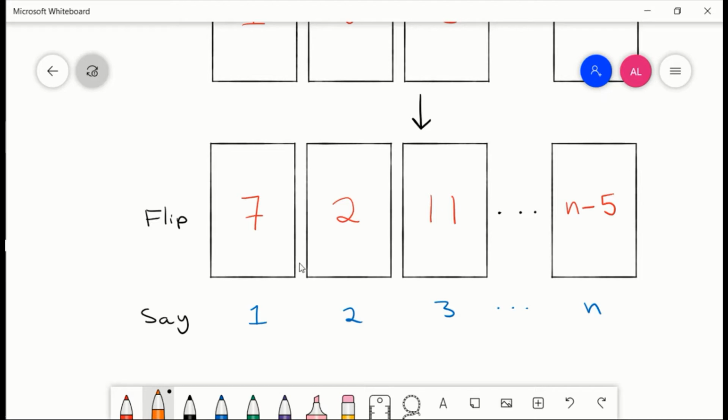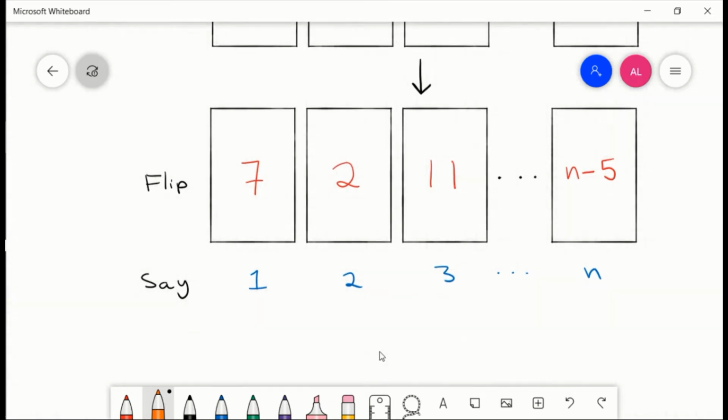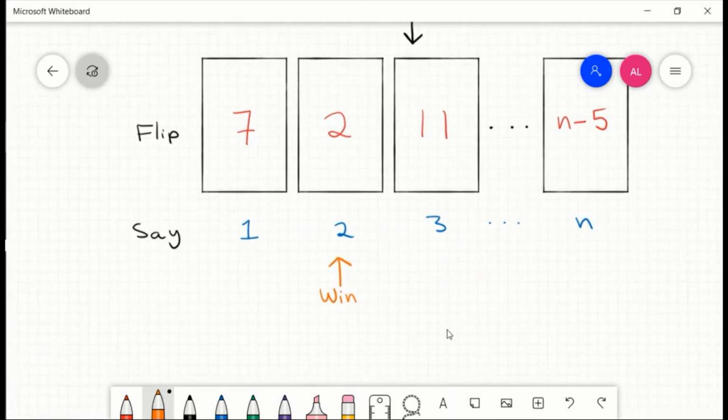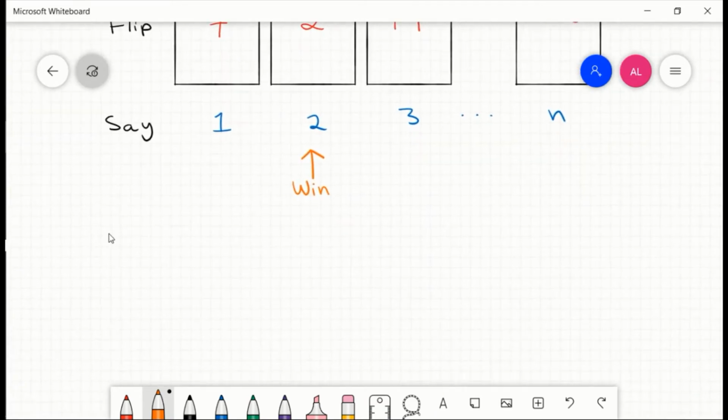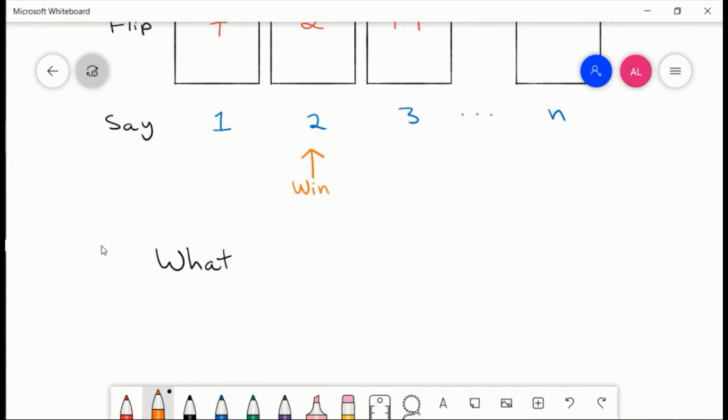Now, you see here how on the second turn, when we said the number 2, the card with a big red number 2 appeared. When this happens, this is a match. And if this happens at any point in the game, we win. If it doesn't, we lose. And so de Montmort wanted to find out what is the probability of winning. And so basically, to answer this question,